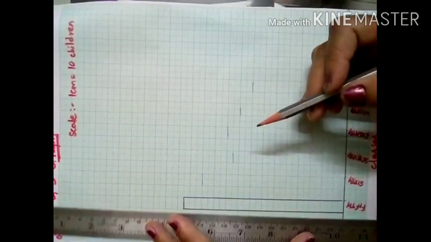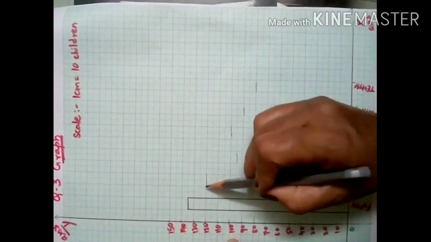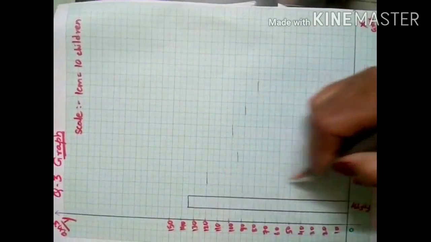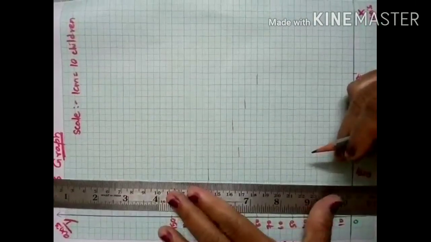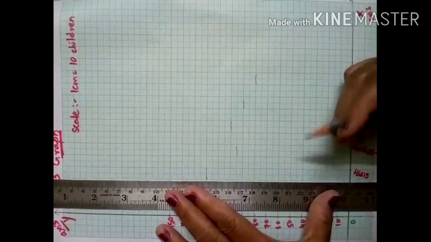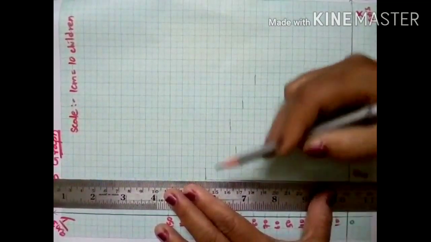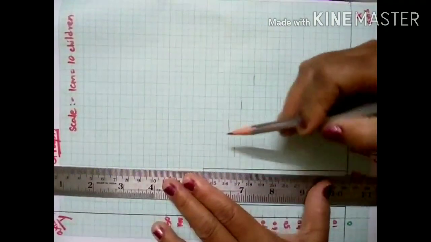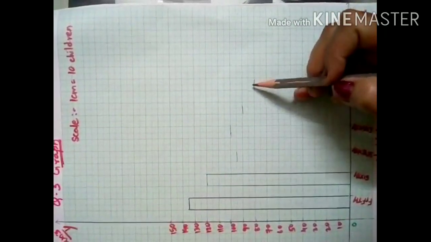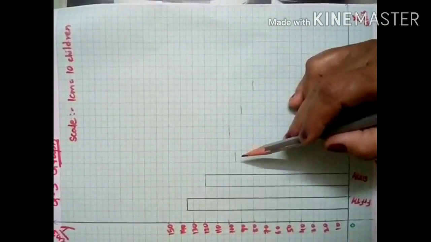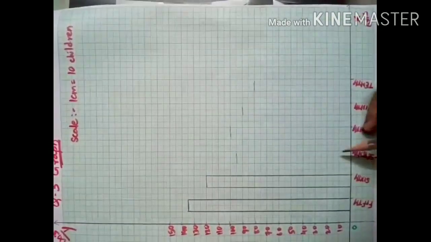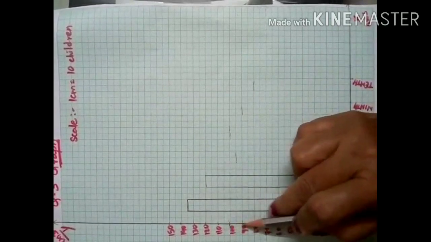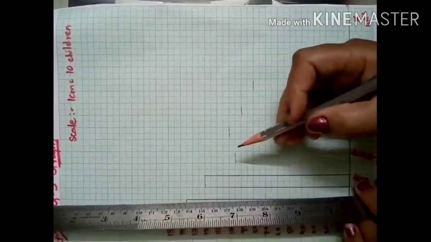Now second one, 6th is 120. So we will take 120 here. In front of 120 should come 6th standard. Okay, so draw the bar graph from this line. First of all you mark the lines for every standard so that mistakes will not occur. Now for 7th standard it is 95. So between 100 and 90, so 95 for 7th standard.